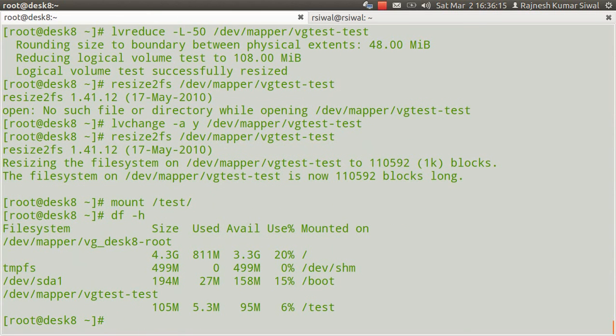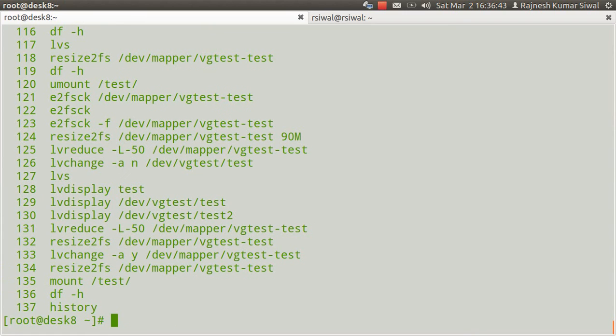and df -h. So here I can see that the size of the logical volume is now decreased from 150 megs to 100 megs. So this is how we reduce the size of a logical volume. If we recall the steps, step 1 says unmount the partition, or one moment, history. Okay, so